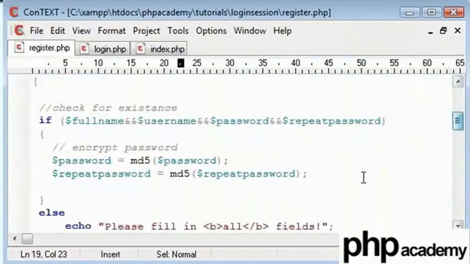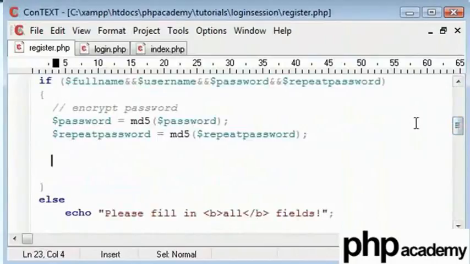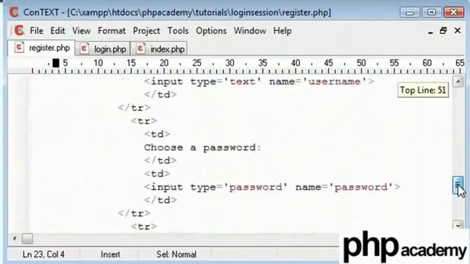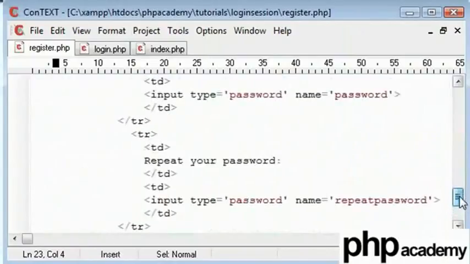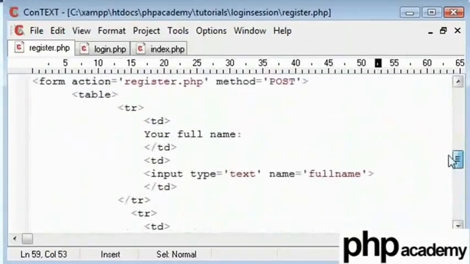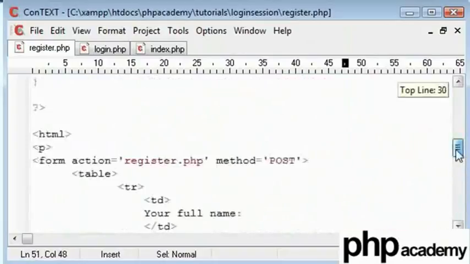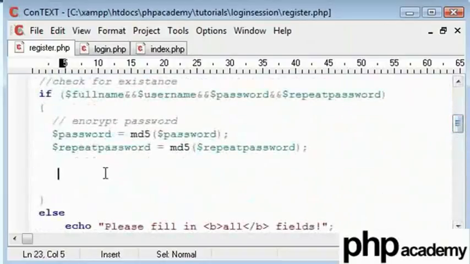Now, we will go ahead and add all our data into our database. I am going to do this because we have got our data going to our registration. We are going to set a maximum limit for each data that is input. Now we say 25 characters for our full name, username, password and repeat password. So the maximum value is 25.